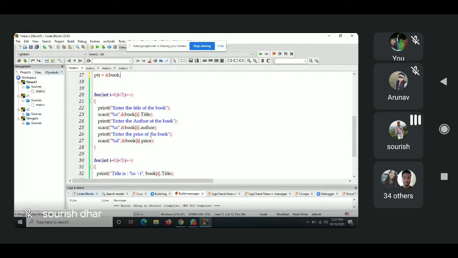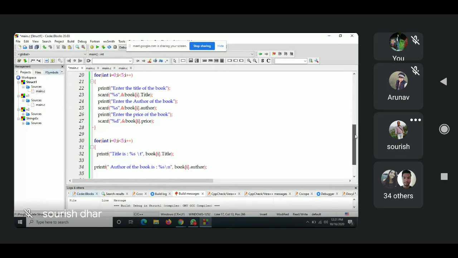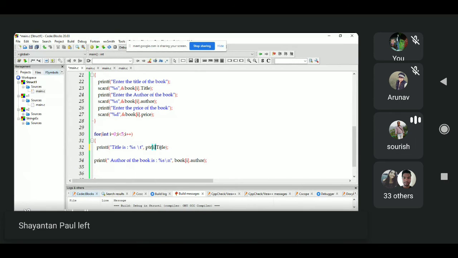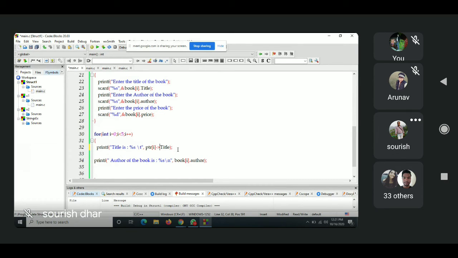Now, instead of, let's suppose, ptr.title, say ptr i. Instead of the dot operator, now I use the arrow operator. How to write arrow on your keyboard?